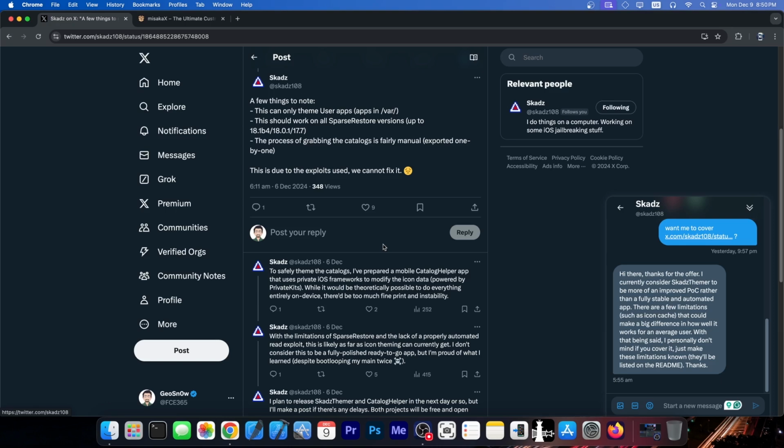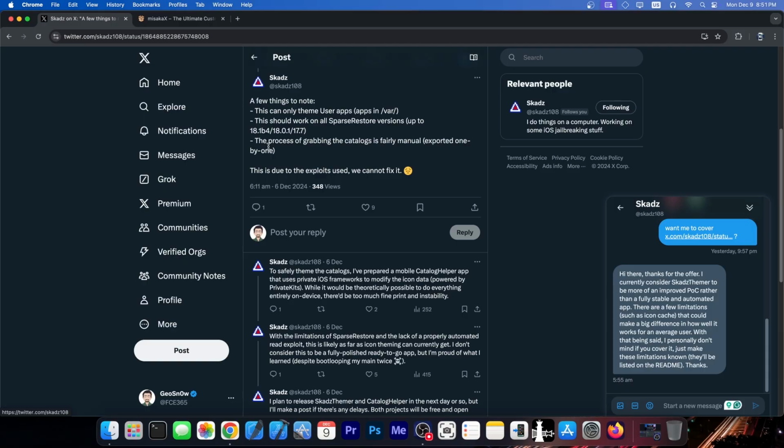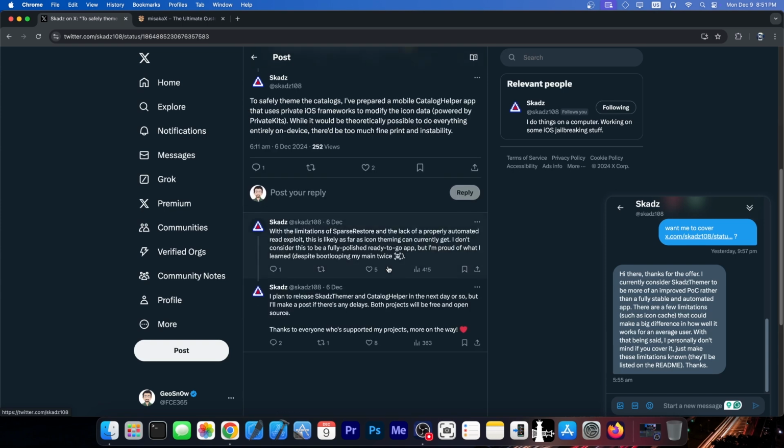or Compass. This should work on all SparseRestore versions up to iOS 18.1 beta 4, 18.0.1 and 17.7, and the process of grabbing the catalogs is fairly manual, exported one by one, and due to the exploit used, it's something they cannot fix. Now they also mention in here, to safely theme catalogs, I've prepared the mobile catalog helper app that uses private iOS frameworks to modify the icon data, powered by private kits. While it would be theoretically possible to do everything entirely on device, there would be too much fine print and